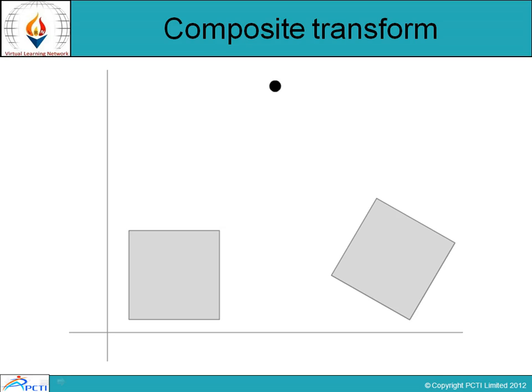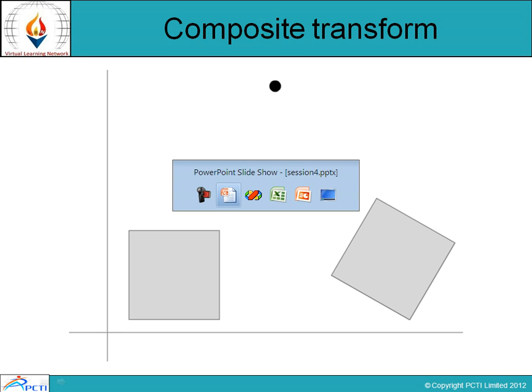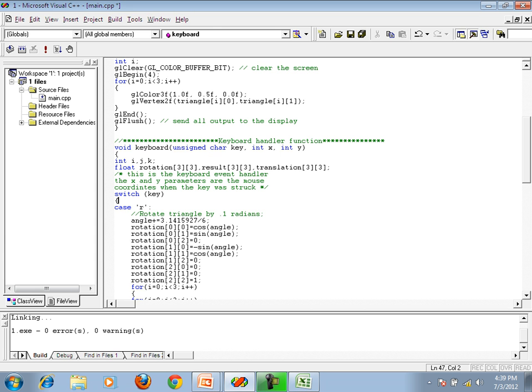ठीक है, we go for double multiplication, or what we do is we transform it for the first time with some transform, then we transform it by some other transform, and in this way we transform the whole image. So let's have a look at the program side. So here I am going to create a translation matrix, and in this translation matrix what